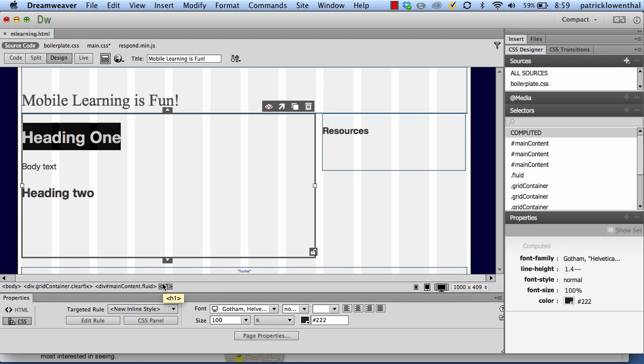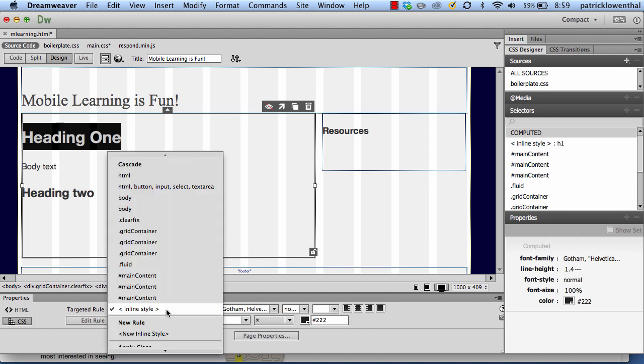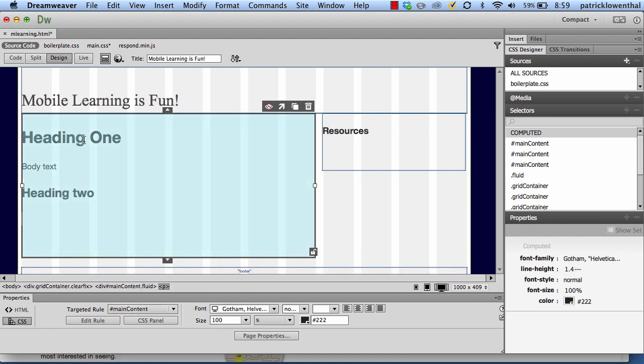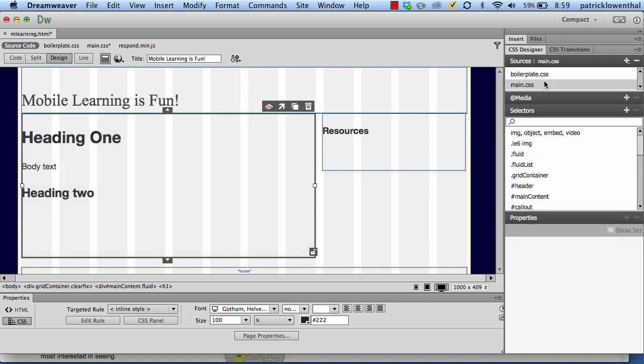I'm going to click on my H1 tag. Now you notice that it's switched to inline. So you want to be careful of that, and that's something that I don't really want to happen there. So I'm going to click back on this, and rather than inline, I want to be careful about that, because then it starts putting it in there, and that's not really what I want here. You can see now it's basically changed this to,